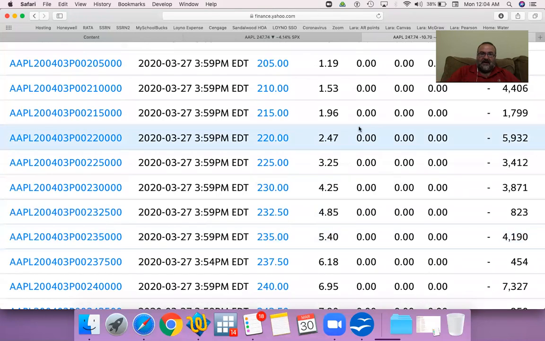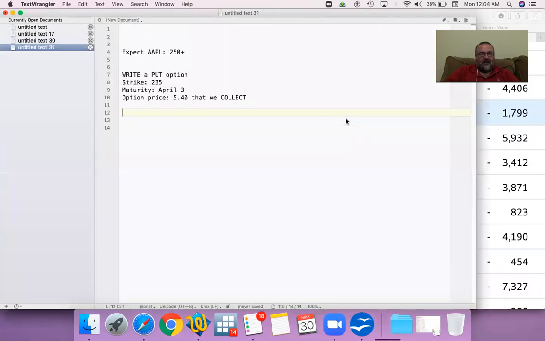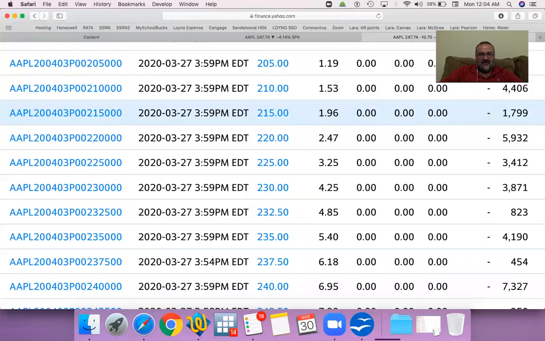So we're going to buy, let's say, a 215 put option, at a strike price of $215. Maturity is the same, April the 3rd, and the option price is $1.96